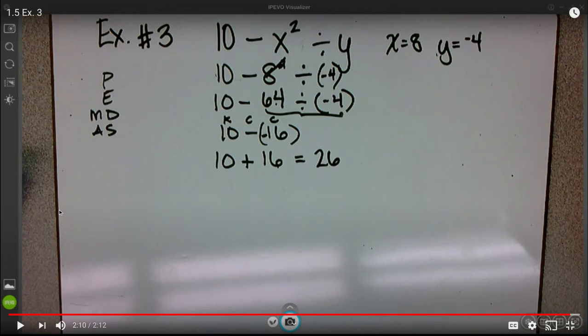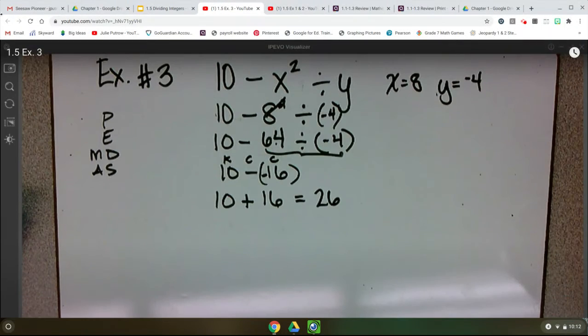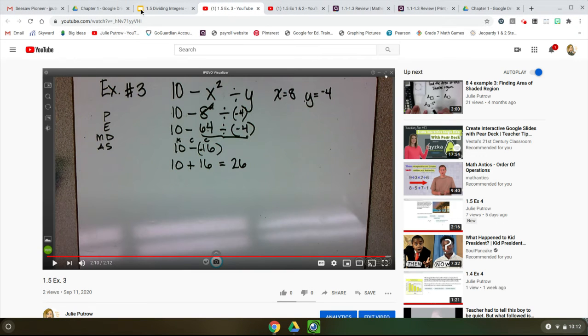What I was going to say before the video started is that you want to make sure that you input everything for the variables first before you start changing any signs or anything. So back to our notes, and we're going to click on example 4